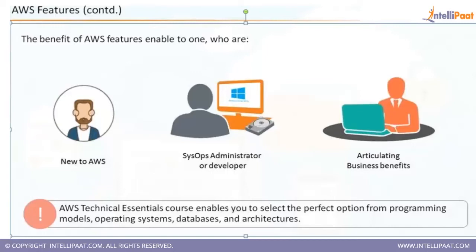Apart from that, there are different types of instances. According to your requirement, for example, if you are going to host a Java-based application which needs only 1 GB of RAM, you just use a VM which has at least 1.5 GB or 2 GB. You don't need to buy a VM which has 5 GB of RAM and 3 to 4 cores of CPU. Unnecessarily, you are wasting your money. So according to your needs, you can choose your type of instances, you can choose your type of storage,